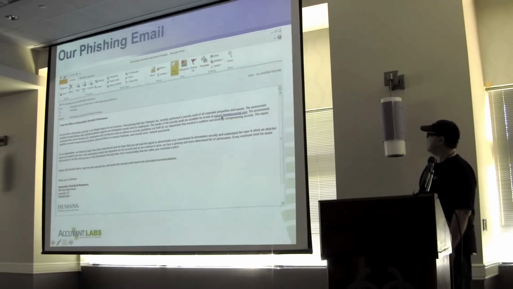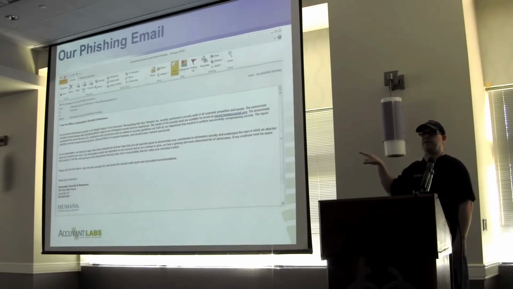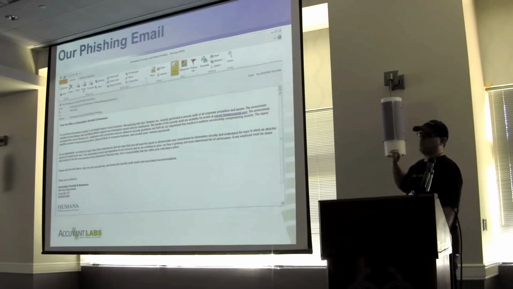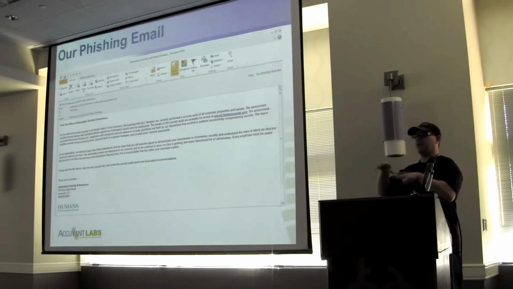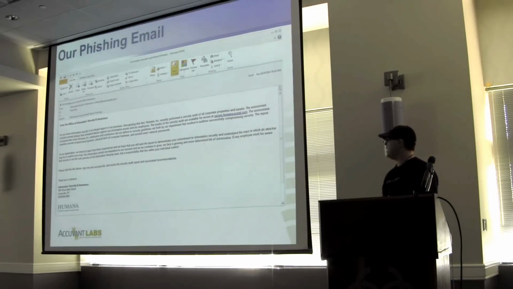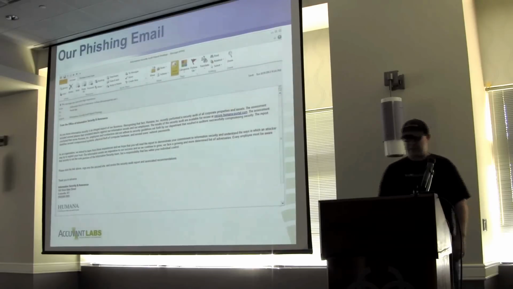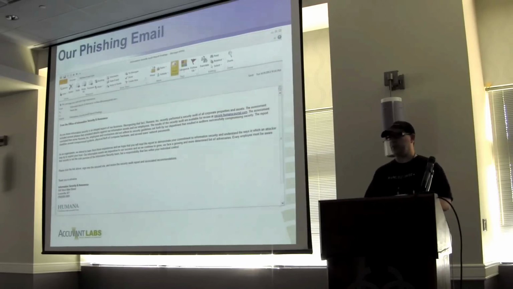And one of the things too is we don't obscure our links when they hover over that, because that's one of the things that's taught to users, right? We'll look at the link and make sure it's going to the right place. That's the actual link that we use. That's the link that we embed, so as not to arouse suspicion. So basically what we're doing here is we're trying to give the users a reason to click, build trust within there.